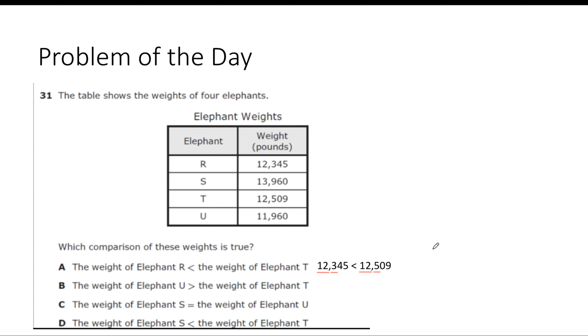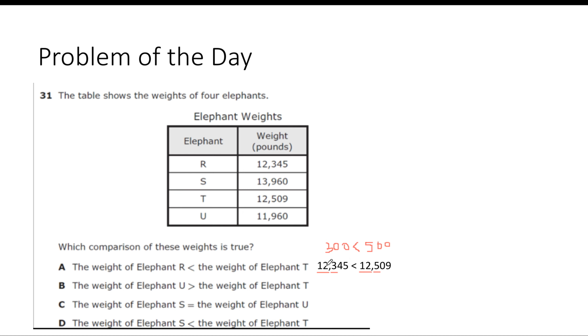Now, scholars, say out loud, which is greater? Is 300 greater? Or is 500 greater? What would you put in between that to represent greater than or less than? 500 is greater, right? So we'd say 500 is greater than 300. So we know that this number, 12,509, is greater than